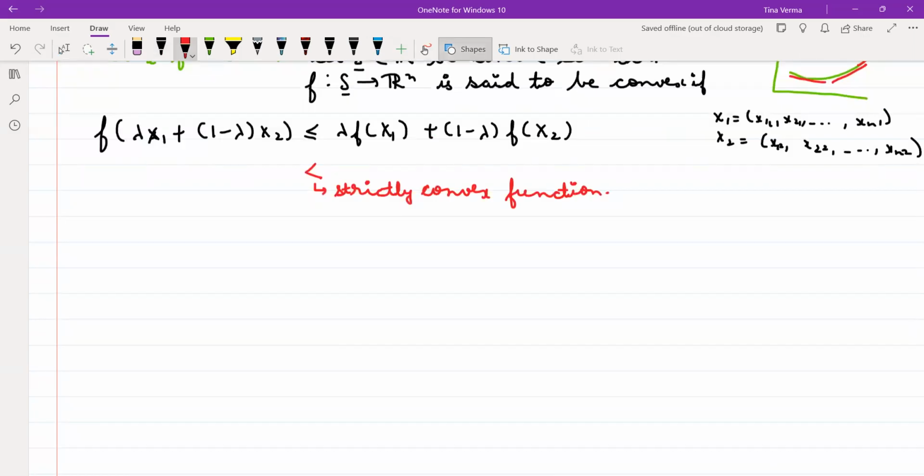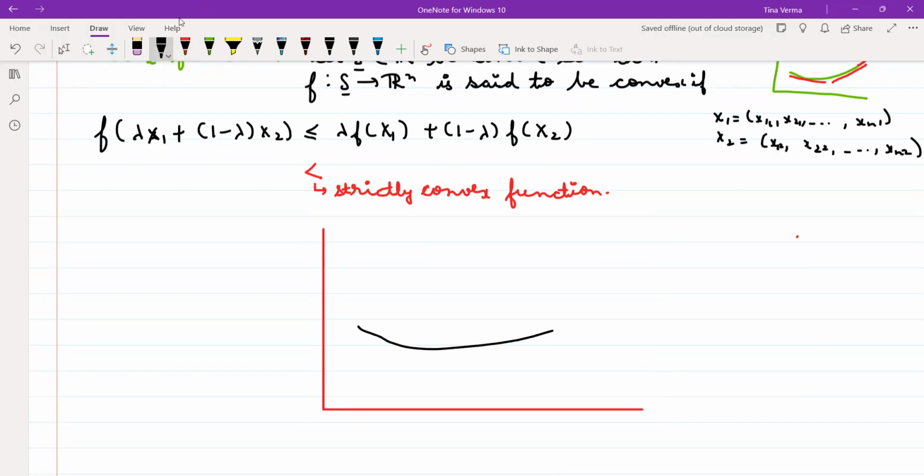So even you can see, even if you draw its figure like this. Suppose this is any function we have given. Suppose we have to check whether the function is convex. So what it is saying: these are the points that I have to consider from the set S. Suppose I am taking this as my x1 point and this is my x2 point.